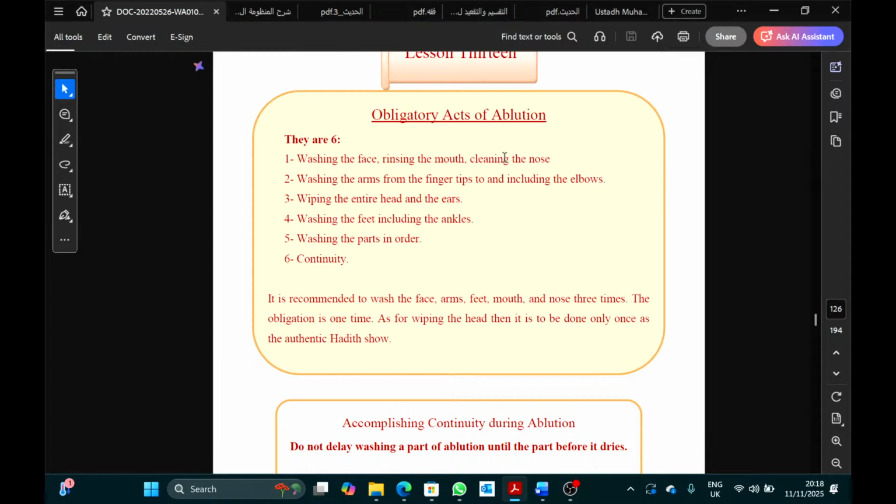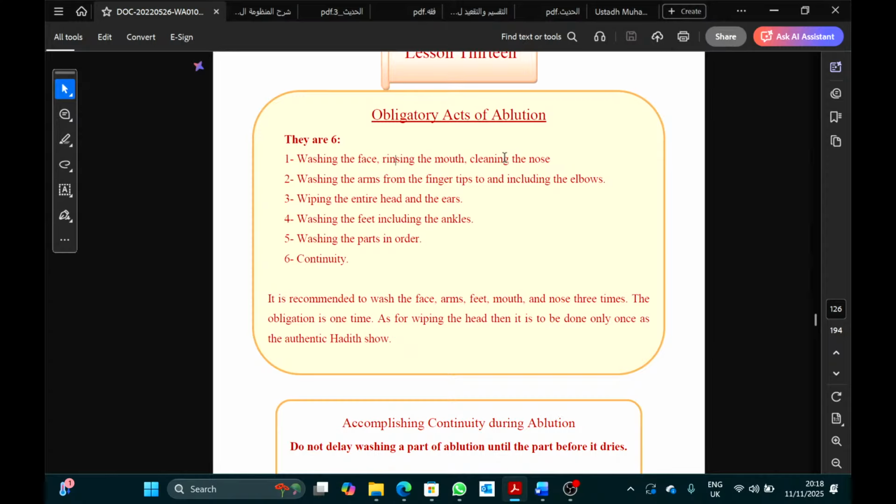Right. Okay. What's considered the face? What is considered the face from sideways? Horizontally, it's from earlobe to earlobe. So especially men that have beards, you have where your sideburns are. There's a bit of skin between your sideburns and your ears, so make sure that part is washed. Also, lengthwise, it's from your chin until where your hairline is. And if you're bald, then wherever the hairline is meant to start from. That's the face.